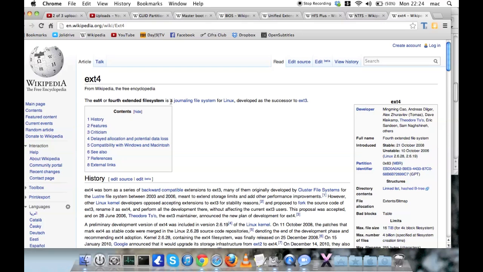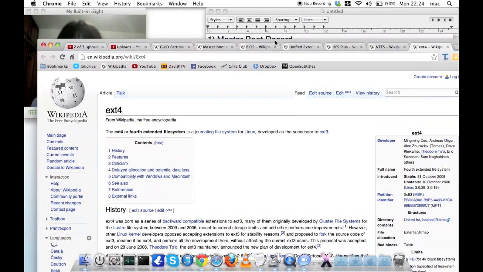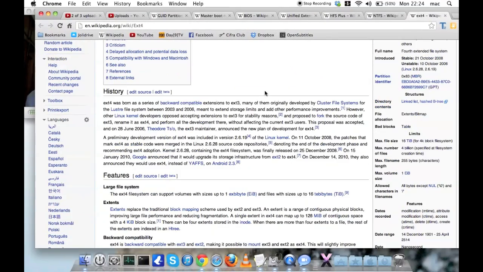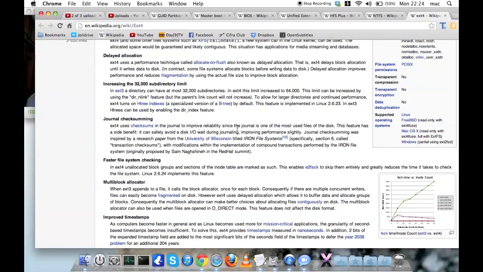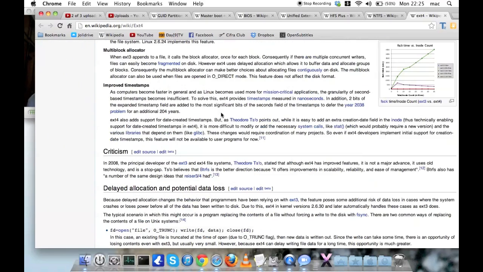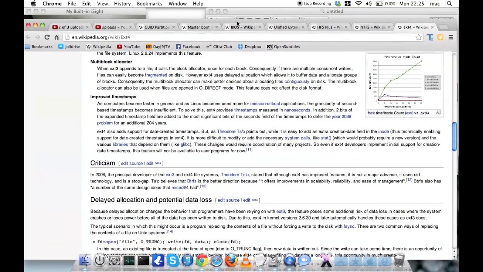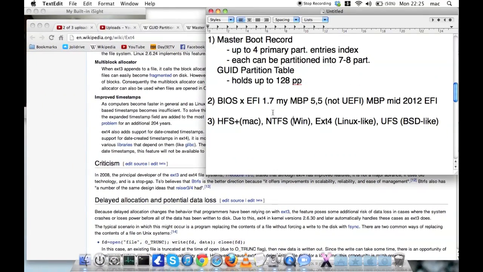It's a journaled or journaling file system like HFS, the Mac one. And again, I don't know squat about how it works. You can read on this wiki page if you want to know, but